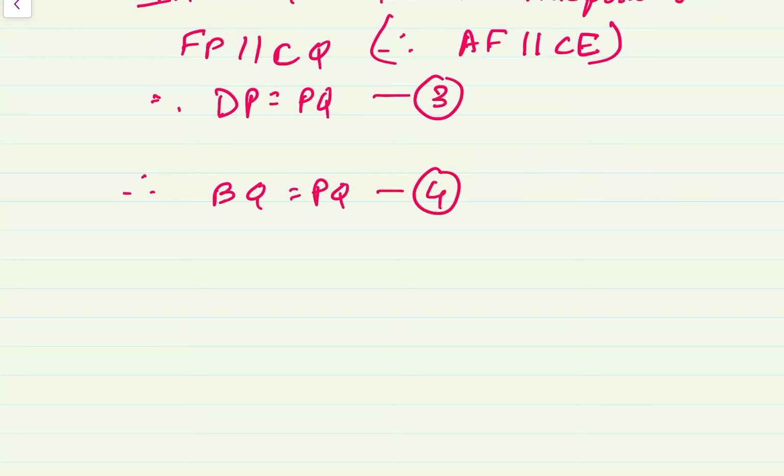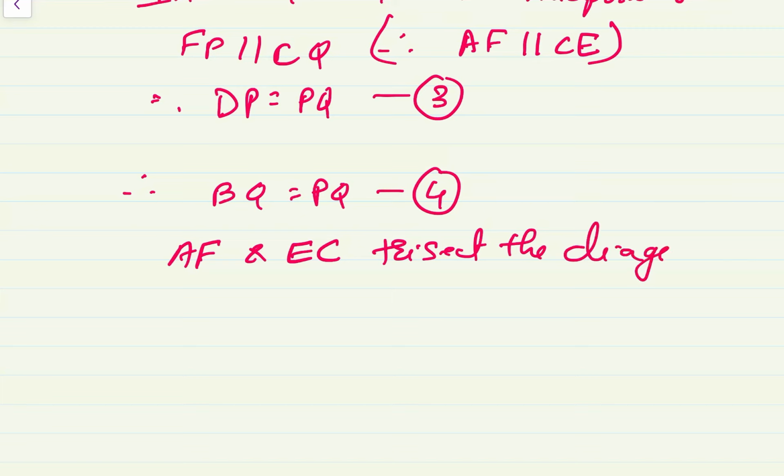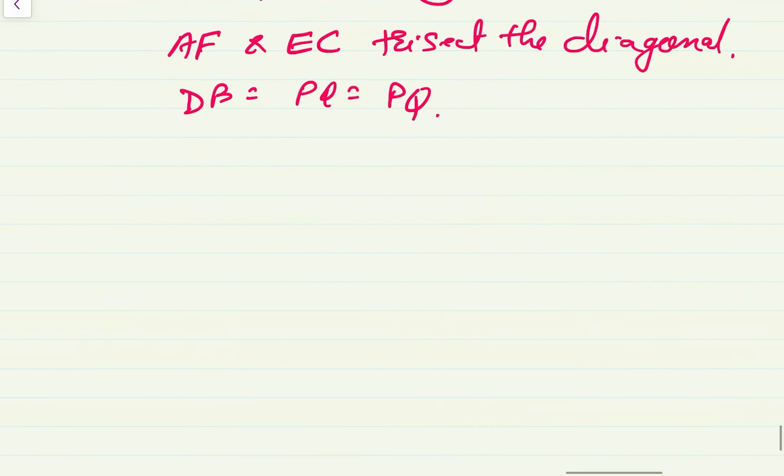So we can say that AF and EC trisect the diagonal BD because DP is equal to PQ is equal to BQ. Now let us do the sixth question. In the sixth question we have